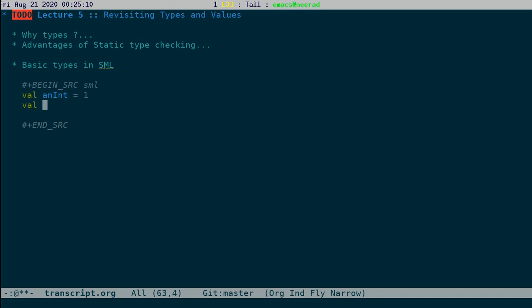A string, a character, and a real number. These are examples of basic types.